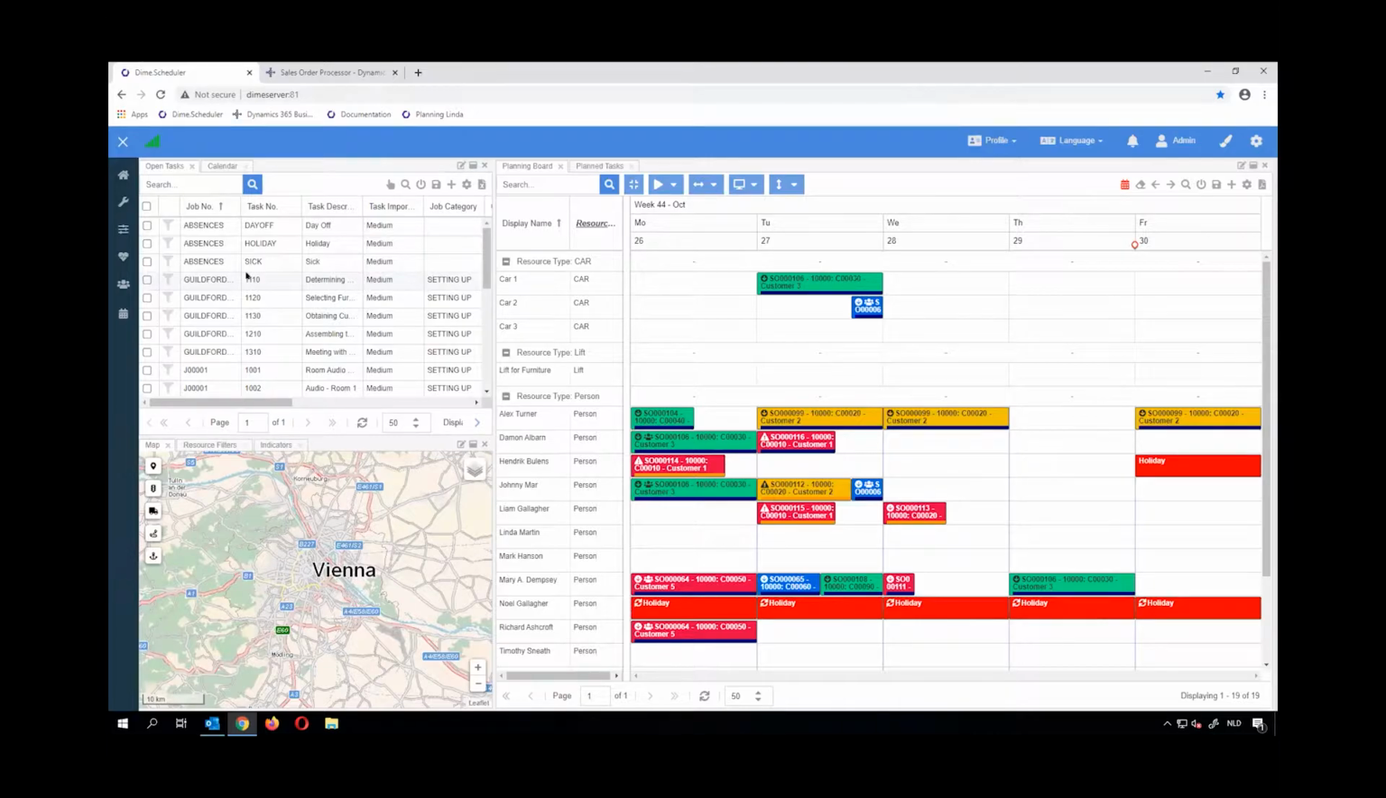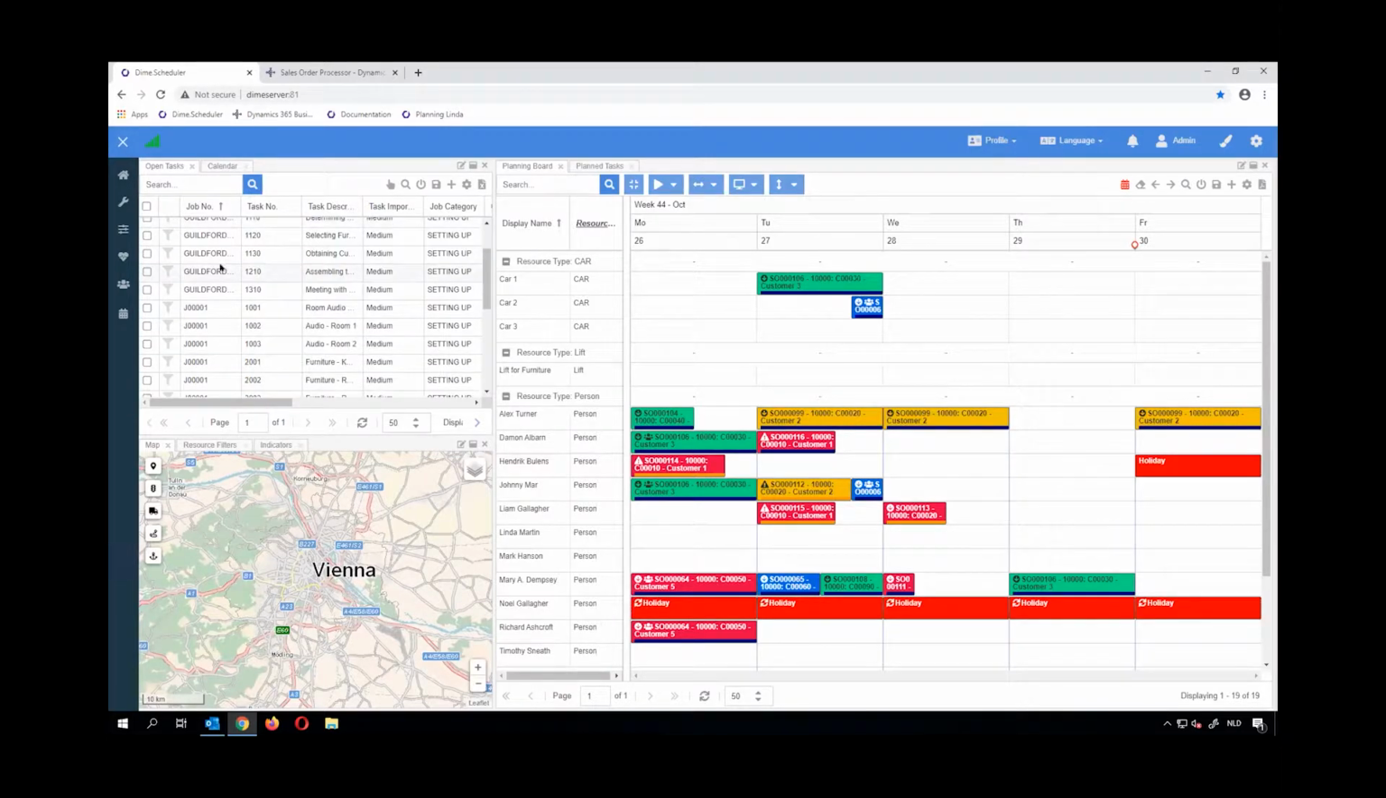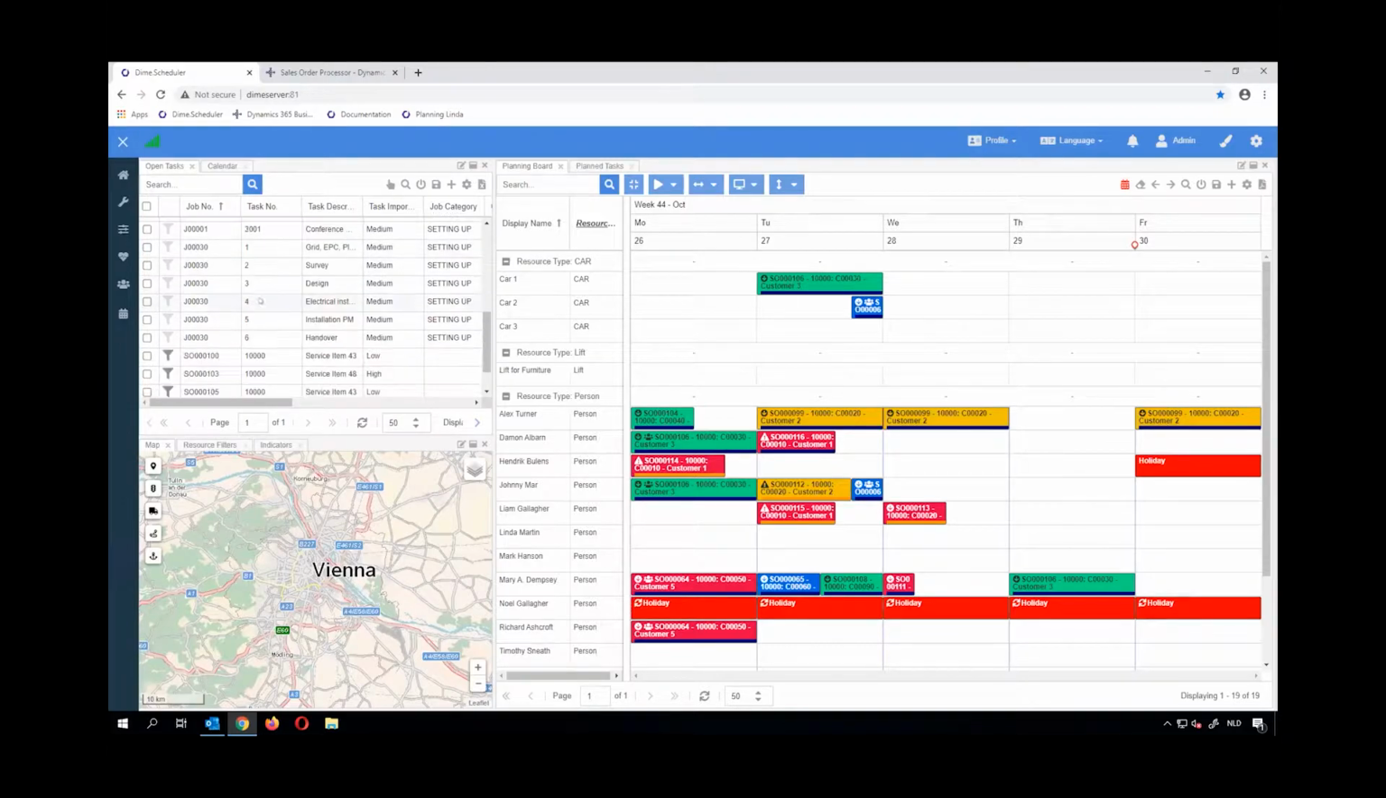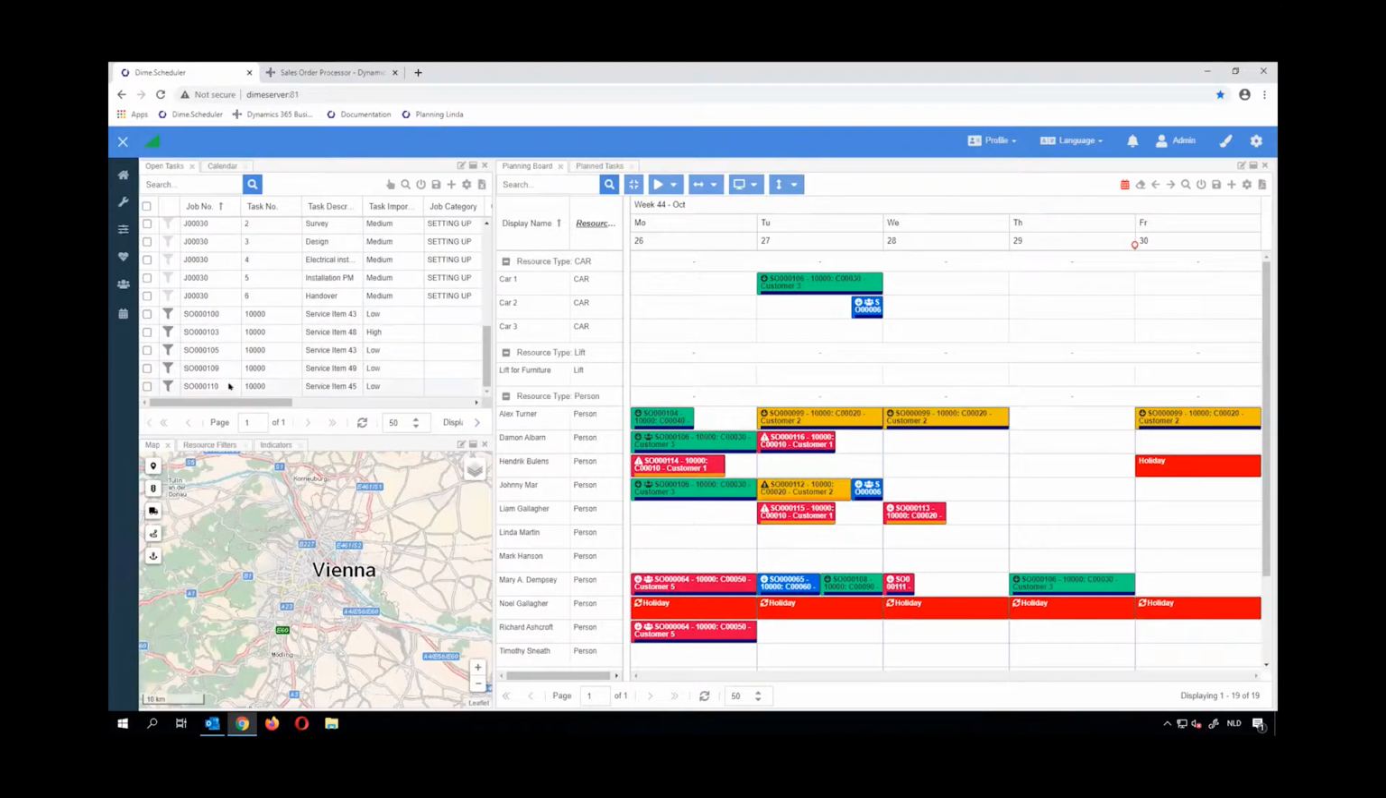are partially planned. If we scroll down the list, we can see some absences here. We have some projects and project tasks here, and we can also see some service orders here at the bottom. During the demo today, we will make an example with all three of the types of tasks and plan them in Dime.Scheduler. We can see an integrated map component here. This component will show addresses on the map and locations of your resources. And here on the right, we have, of course, the heart of Dime.Scheduler, which is the central part, the planning